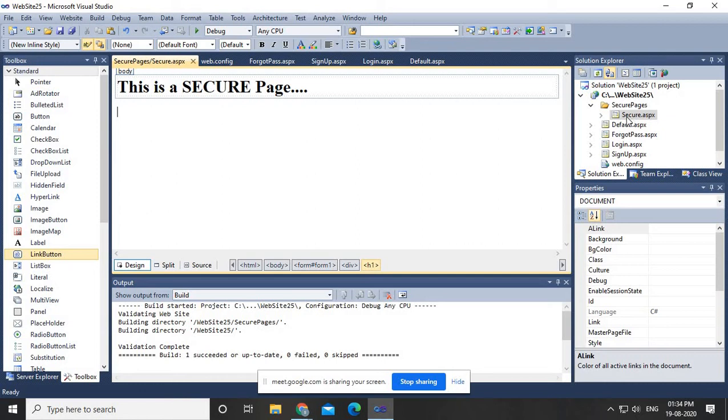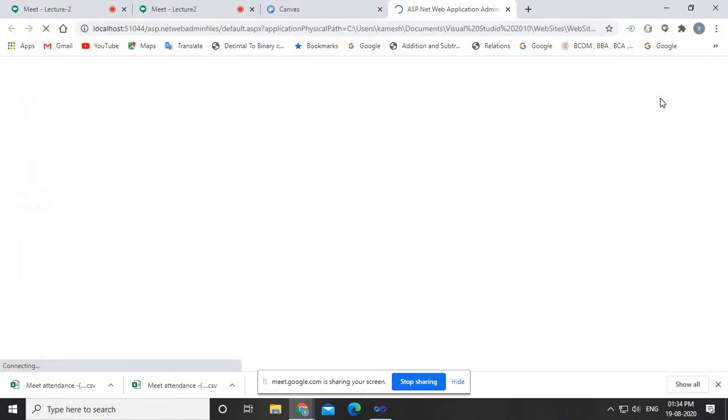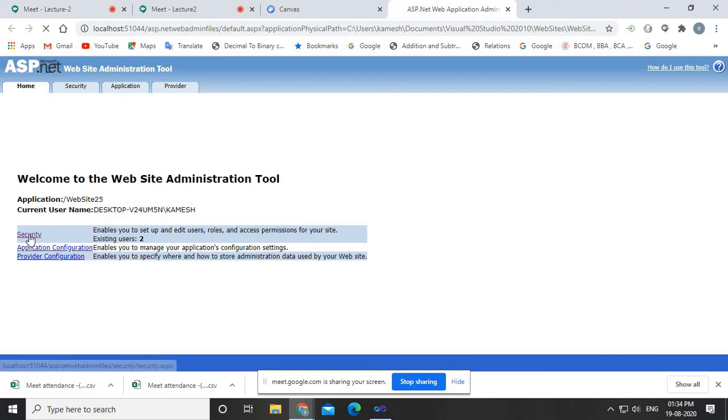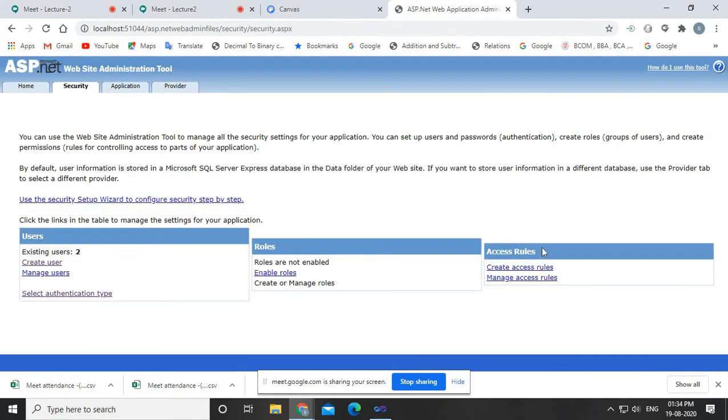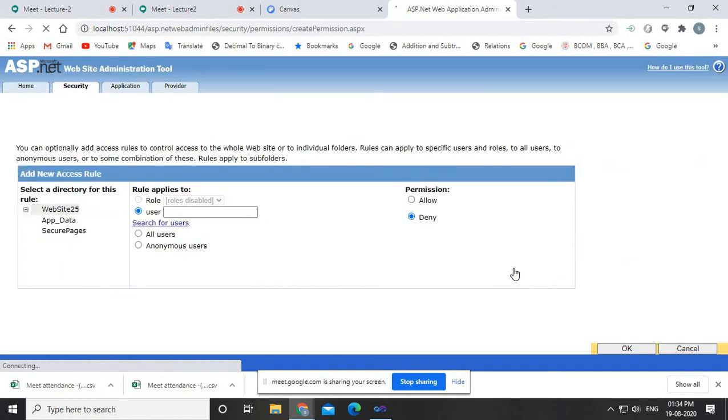For that, first open the ASP.NET configuration and go to Security. Now click on create access rule. So here we are creating a rule. On which directory do you want to specify the rule? My rule will be on secure pages.